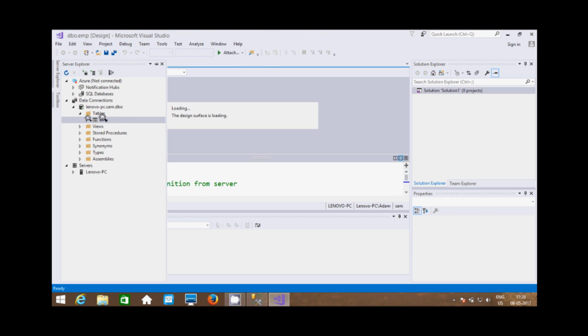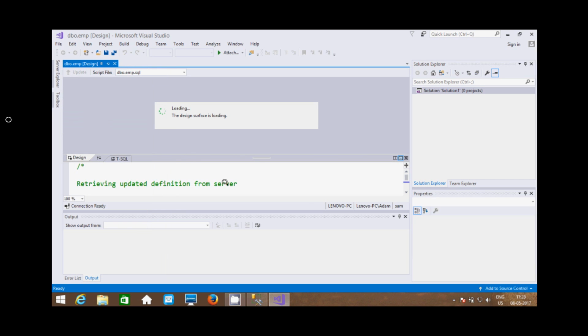If you click on the EMP table, this is the content I created on SQL Server.